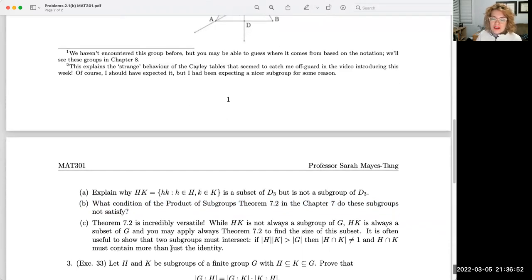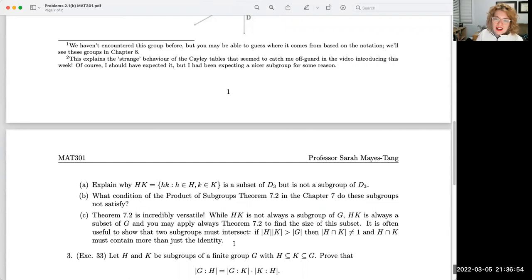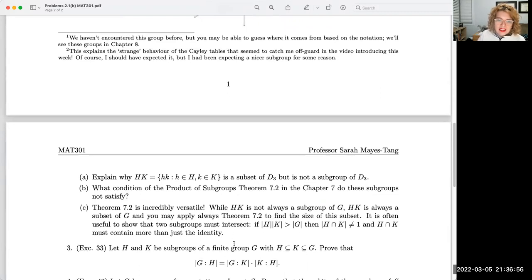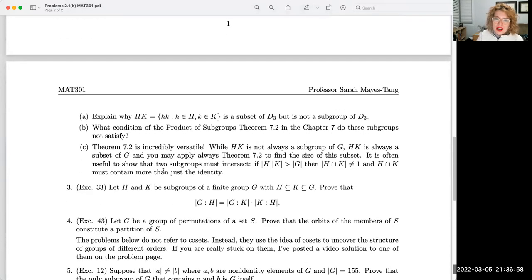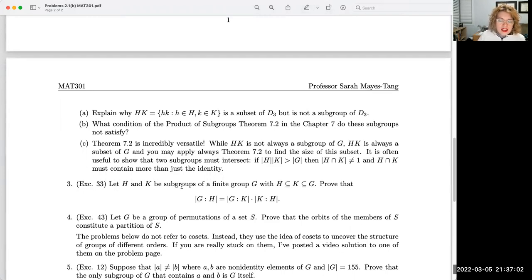Okay, this theorem's incredibly versatile. And it gives you another application. It doesn't actually tell you to do anything in Part C. Number 3 is a little bit playing around with the definitions. Number 4